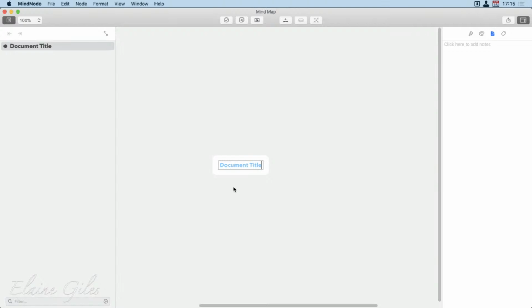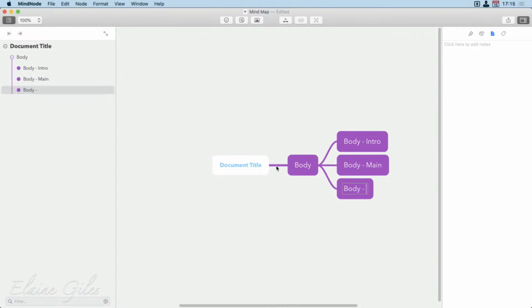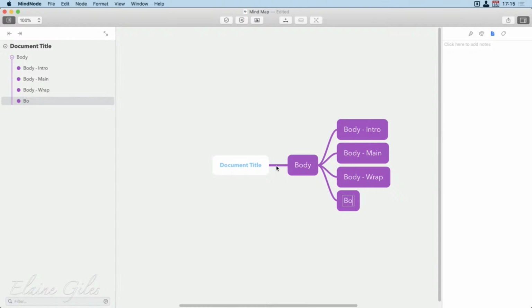Right, and then work down from there. So the first set of things that you would potentially think about is the body text. Think of body as being like the top level style, and then within there I would put body intro and body main. If you want a different last paragraph, then you may create a style called body wrap, which is the last paragraph. Then start thinking about, yeah, and I might want a quote within it,